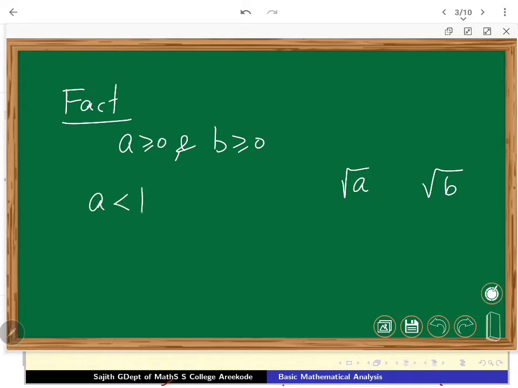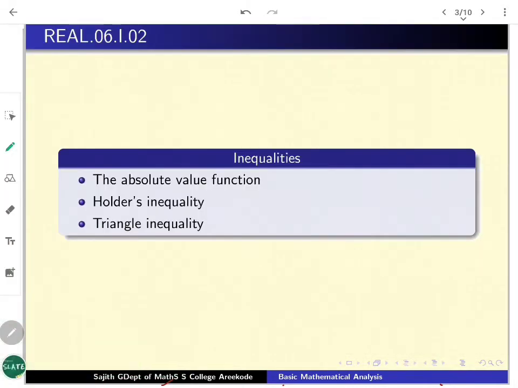A is less than B. That is going to be equivalent, with squaring also, to A square being less than B square. That is also equivalent with the square root of A, positive square root I mean, being less than the square root of B. This is going to be one of the fundamental chains of inequalities we are dealing with. So let us look at how quickly the proof goes along this line.